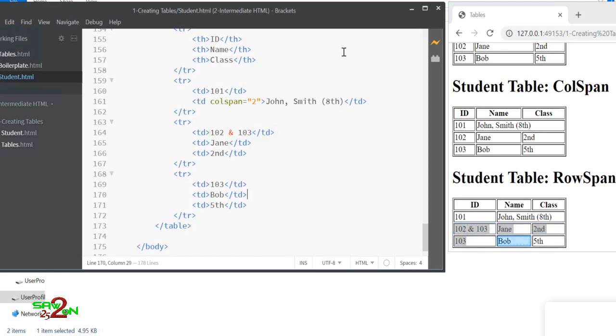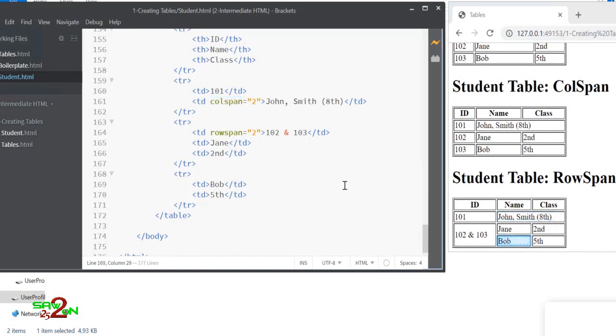And I don't want 103 here. I want to combine these 2 rows here. How are you going to do it? You can say rowspan is equal to 2. Now you can see the row has been added, right? Here you have merged the columns, here you have merged the rows. That's the property of a row span. Row span merges 2 rows together, column span merges 2 columns together.